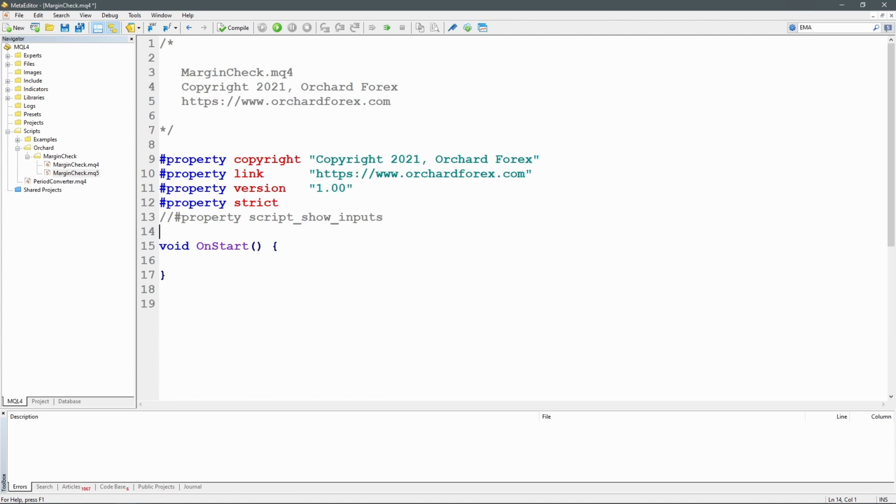I've already opened up a file called margincheck.mq4 in the margin check folder underneath Orchard here. And I've put the beginnings of the script here. I'm writing this as a script, but I'm going to be creating a function to check the number of lots that you can trade, so you'll easily be able to move that function into an expert advisor if you want to. The first thing I'm going to do is create an enum for the mode of checking the margin,